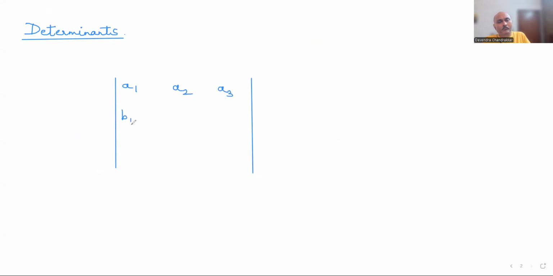So now, we also discussed in yesterday's session about determinants. I told you what determinants were. Determinants were an easier way to compute a long expression. So we have these three rows, A1, A2, A3, B1, B2, B3, C1, C2, C3. This is some determinant A we have. The value of this is